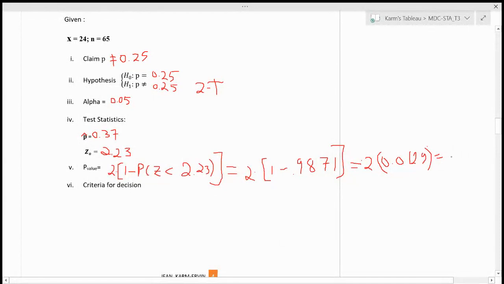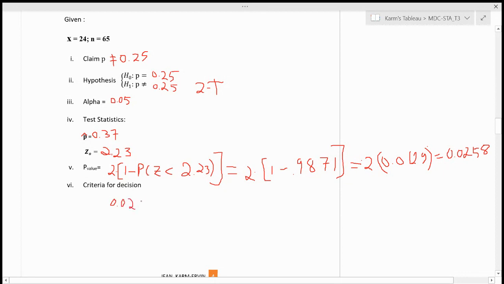That's going to give you then 0.0258. Thank you. Now we need to compare 0.0258